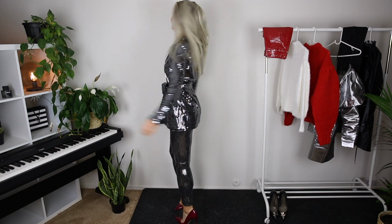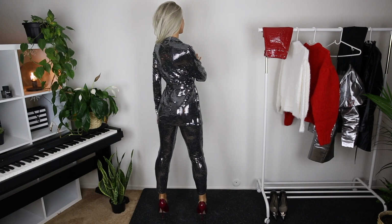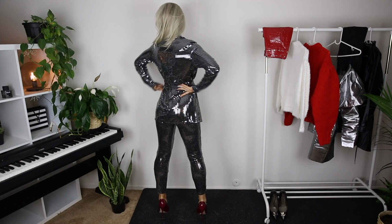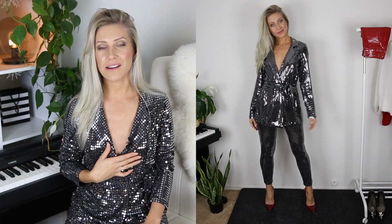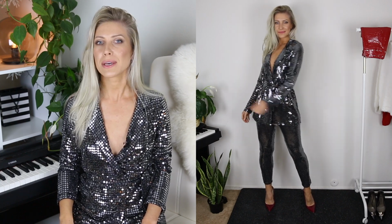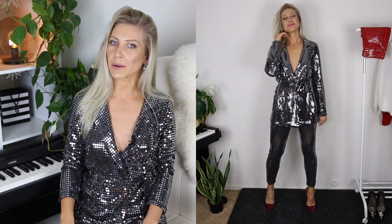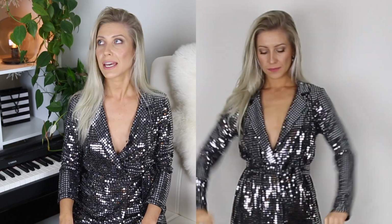If you want to make it a little bit more sexy, then go braless if you want to, or you can wear some camisole as well. It looks super cute. I'm not wearing anything right now, and I think some feather bag will look amazing with this, or some little silver bag will go nice too, and pairing with some silver heels will go amazing